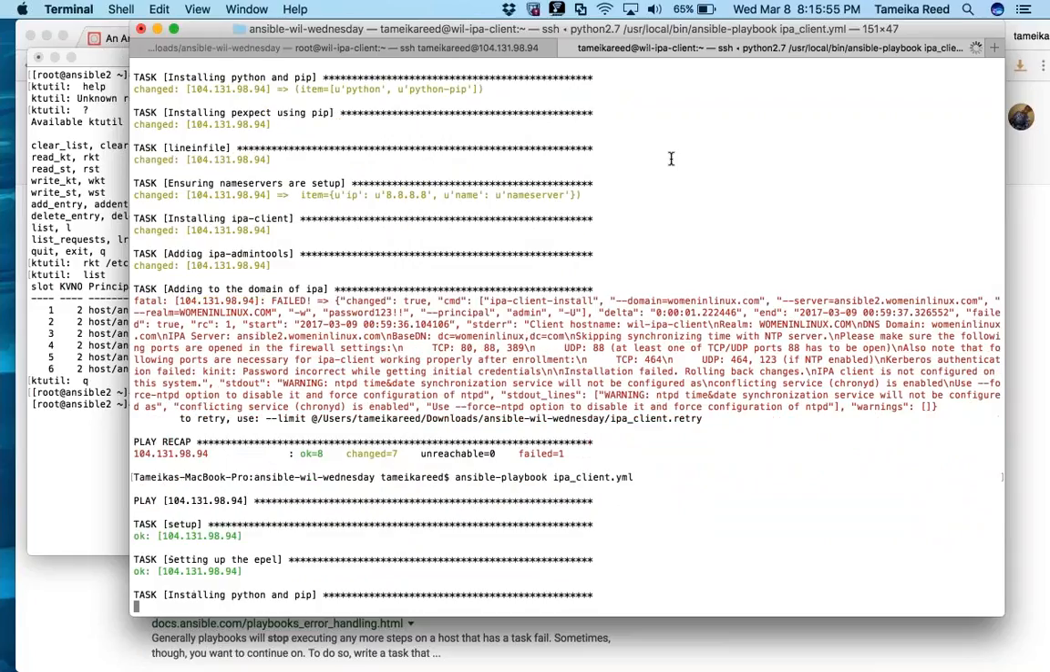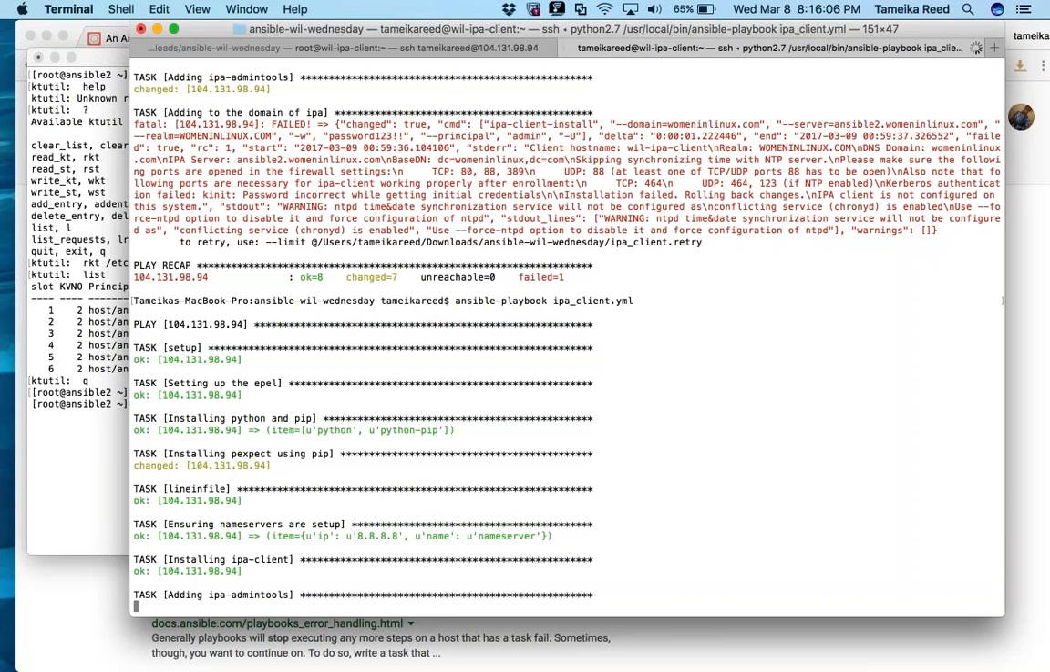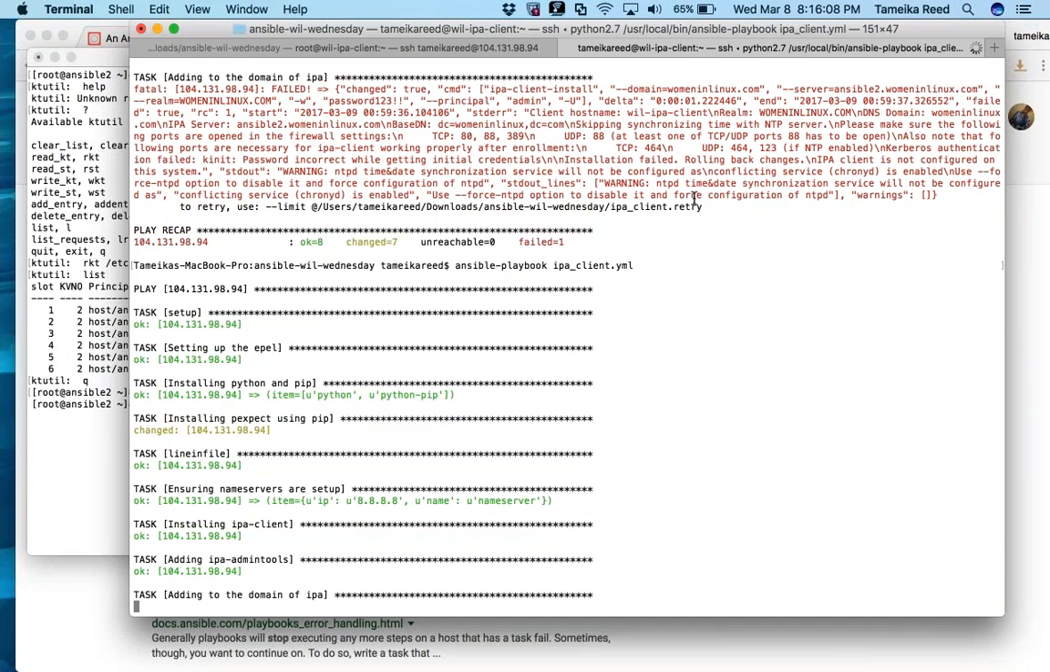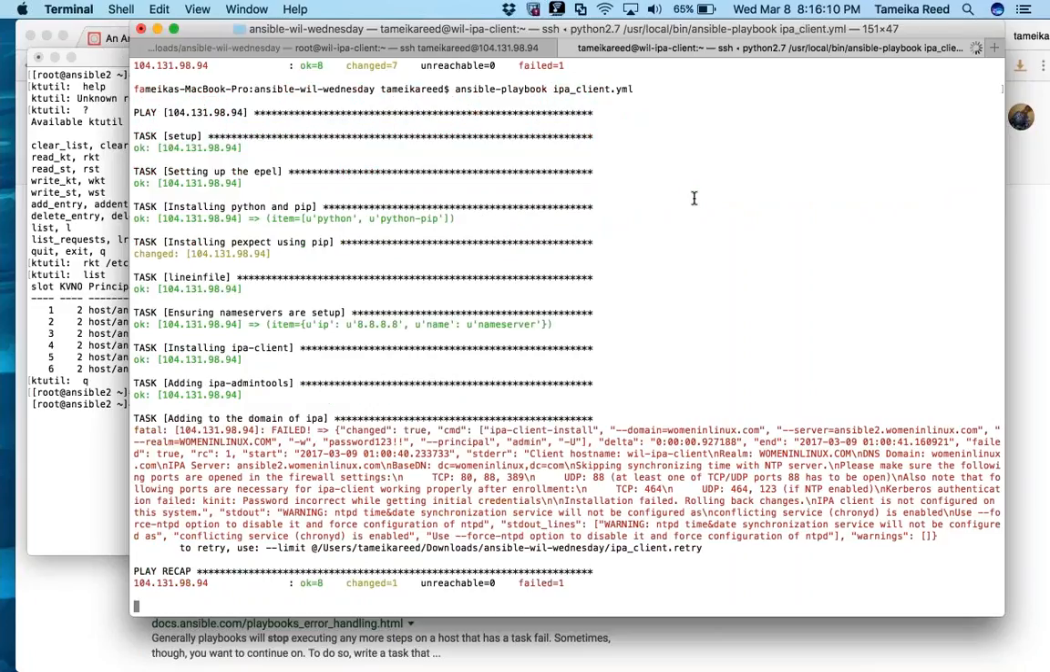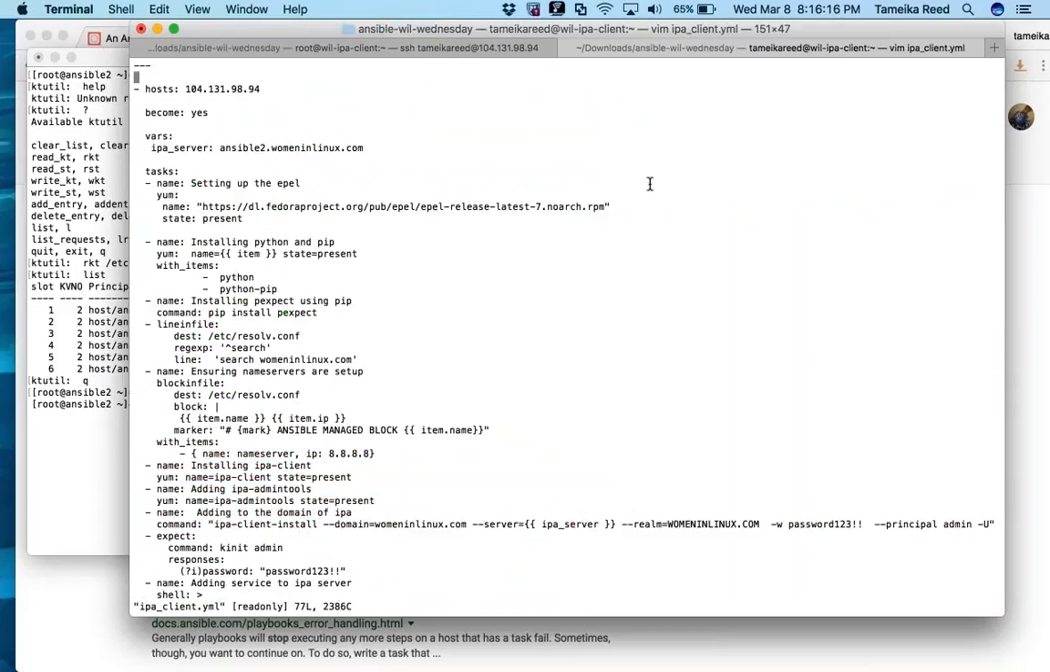Oh, NTP. Okay. I know what the problem is. It's not the firewall. It's this. We can add this. Let's not cheat. I'm gonna show you what it is. Chronyd. It's gonna error out again. Alright, that's fine. So we need to come in here, back to our client, and before we add,